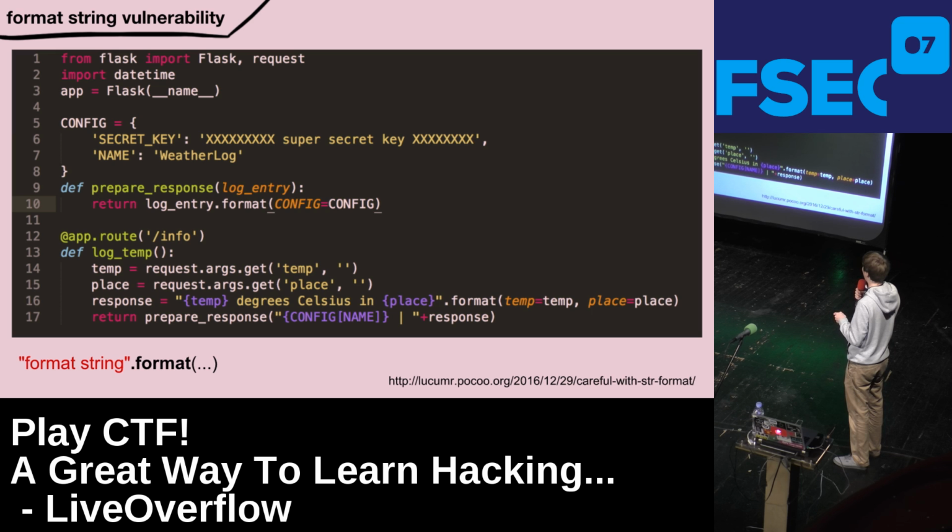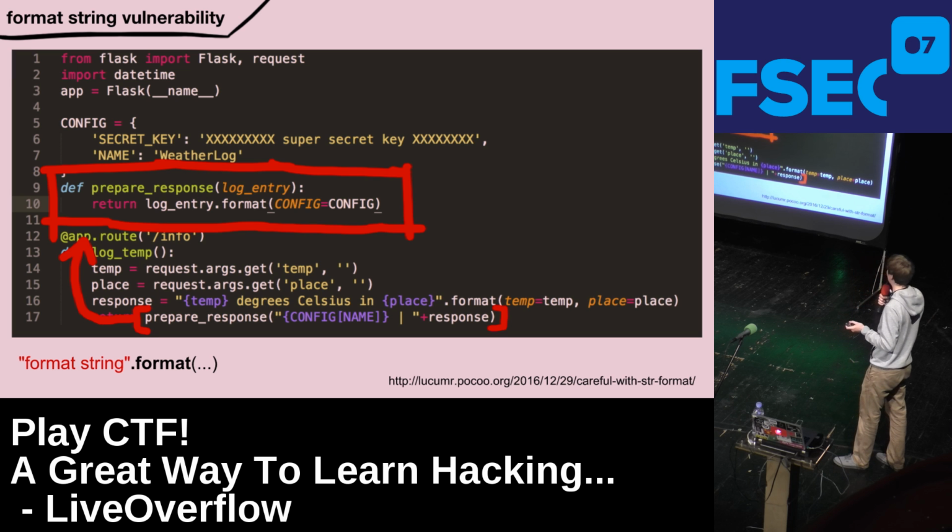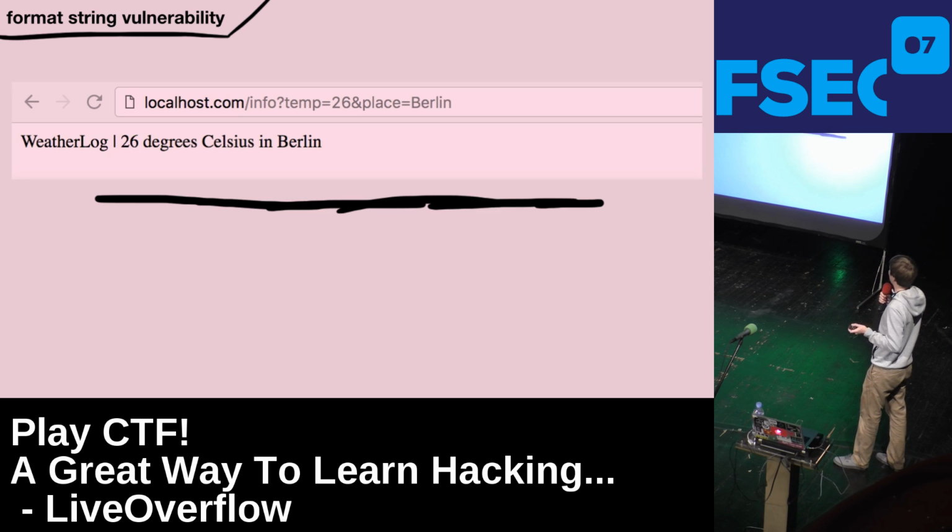And in this case, we don't look so much into it. There's a global config variable, and so you have a string and .format, and this is then the format string part of it. And this is prepare response, it's coming from here. Long story short, user can enter format parameters like curly braces temp or place into that part, and because of format, it gets interpreted. And here's the idea that you do the prepare response because you want to prepend the name of the application. But you also pass in what an attacker could potentially control, and so you can access other config parts. I mean, it's a ridiculous example, but the point is that